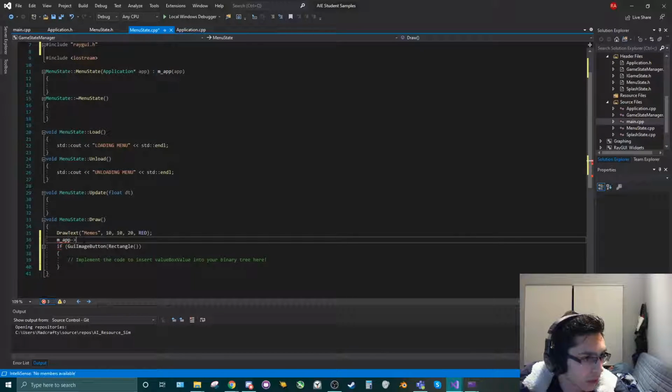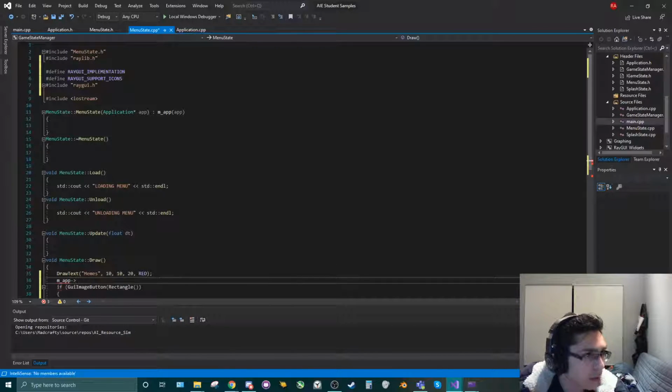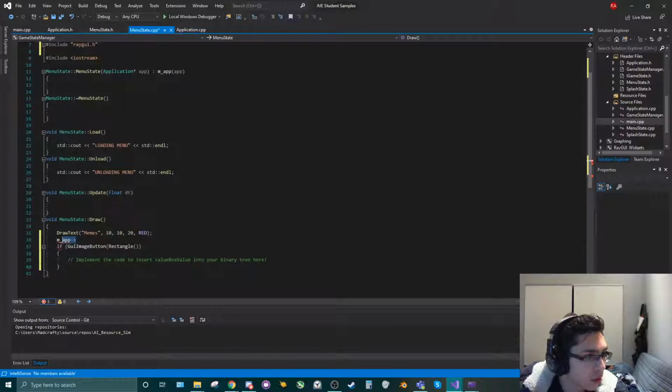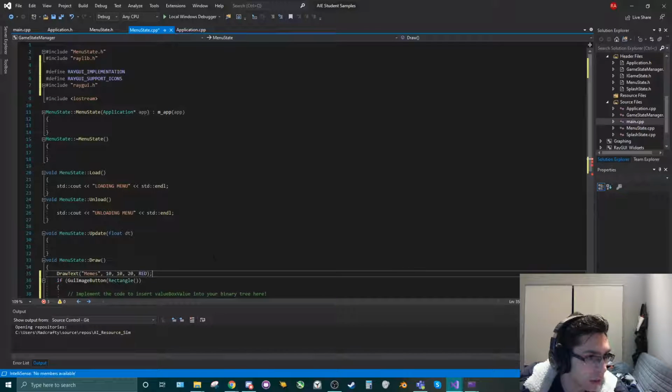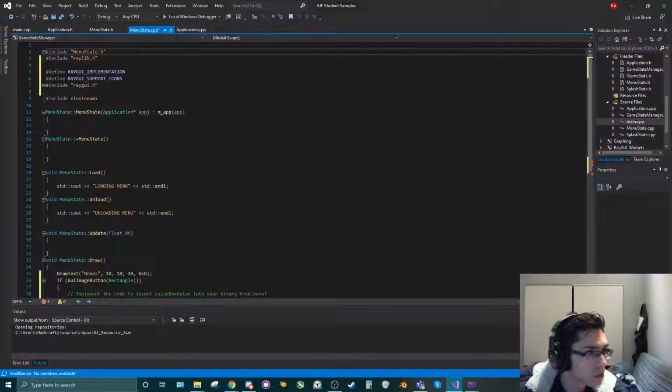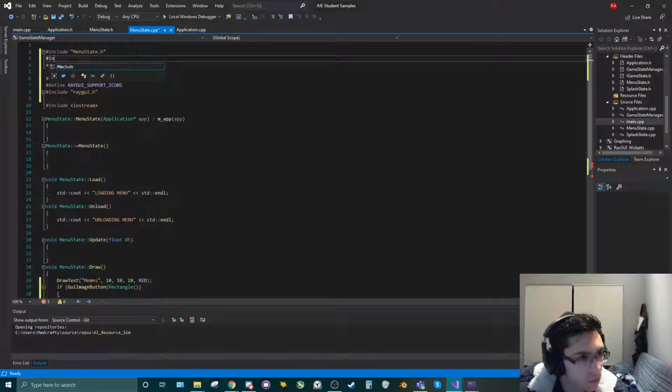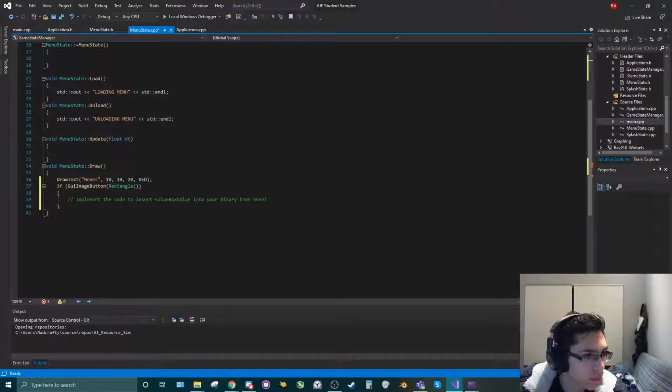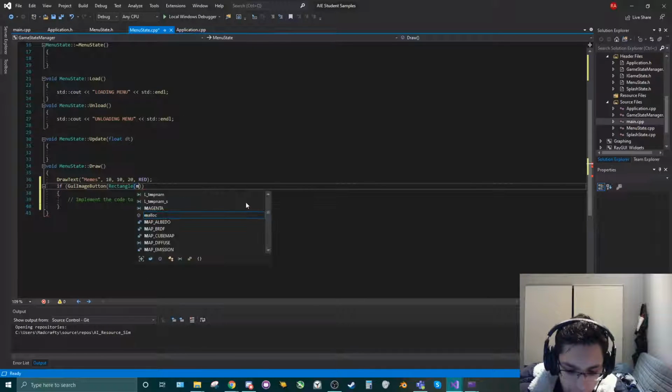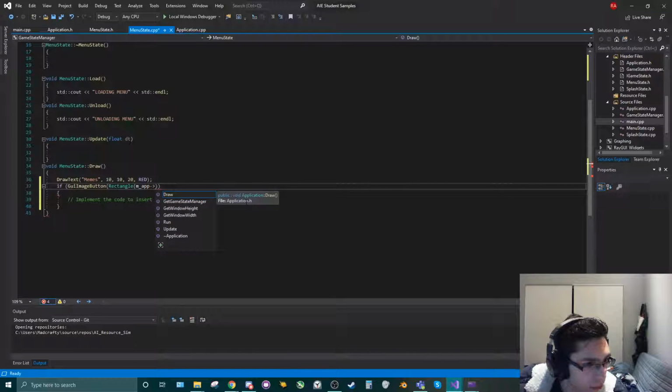Because mmap is a pointer, so why isn't it letting me... Oh, it pointed to incomplete type. I haven't actually included application.h in here. There we go. So then we can do mmap and then access the